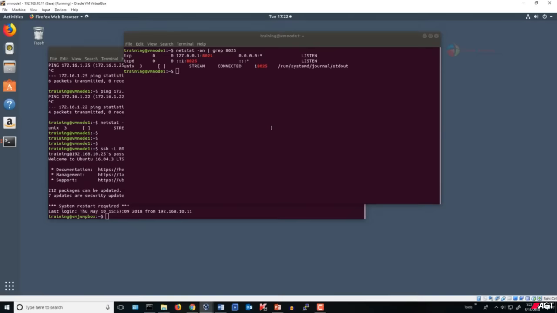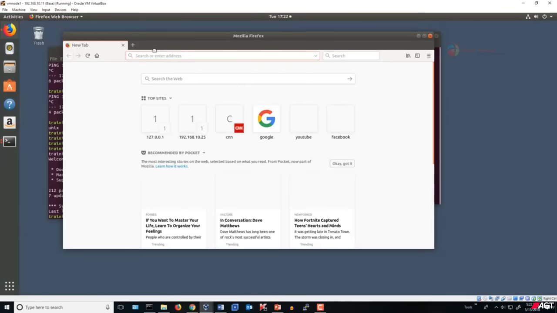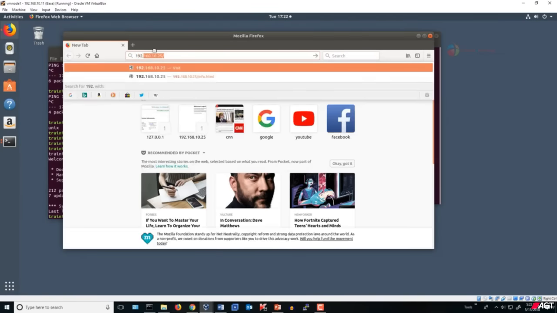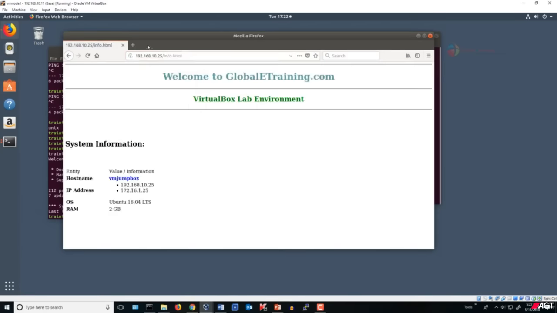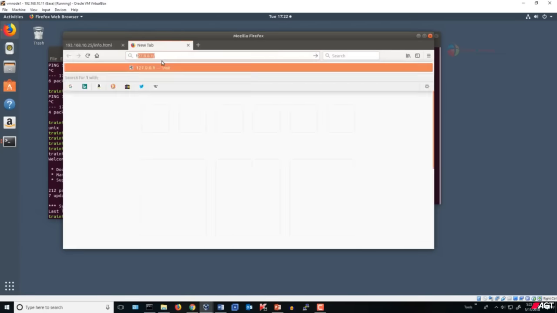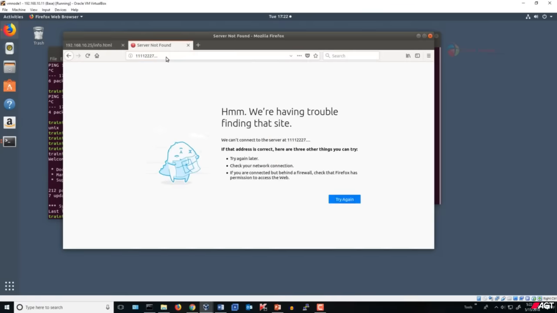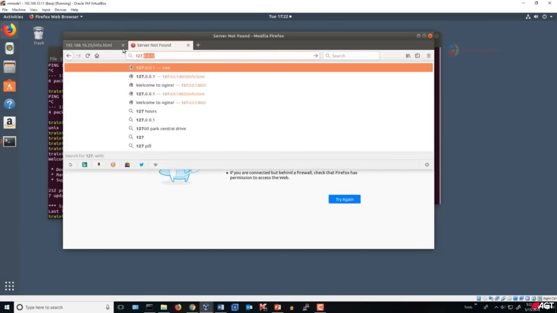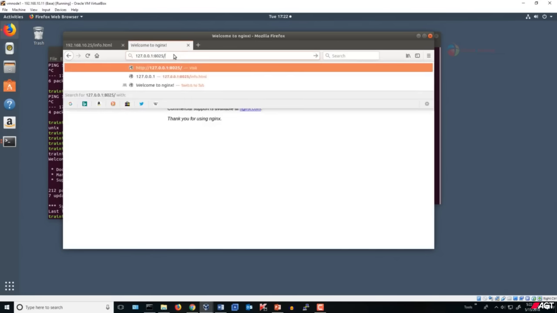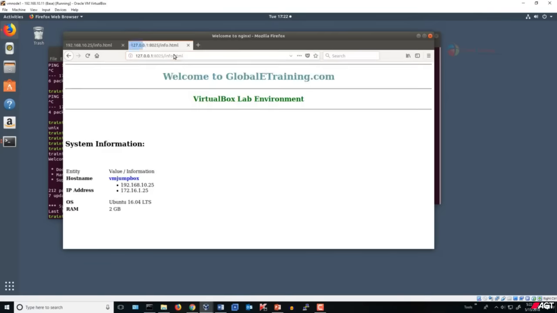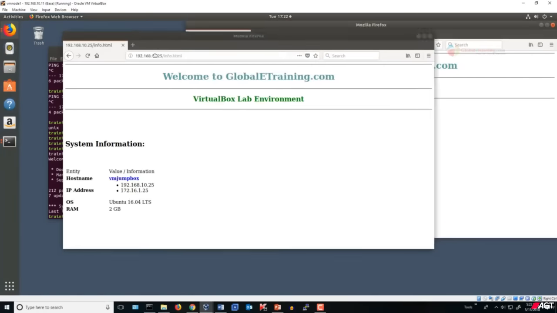So let me fire up a browser, and here is 192.168.10.25/info.html page coming directly from that machine. Now let me open up one more tab and try using the local IP address, which is 127.0.0.1 and port 8025/info.html. Wow, that worked. As you can see, we are able to pull the same web page using the loopback IP address